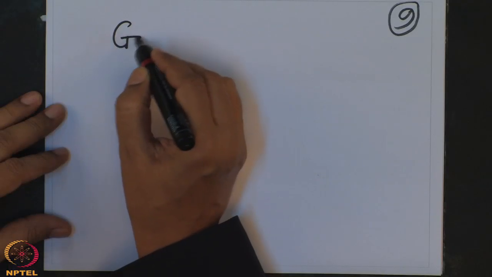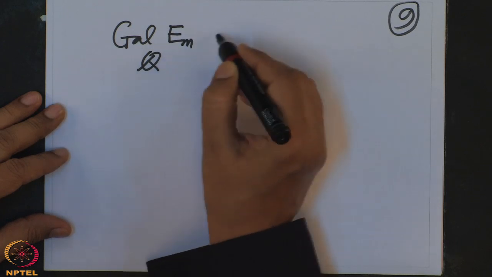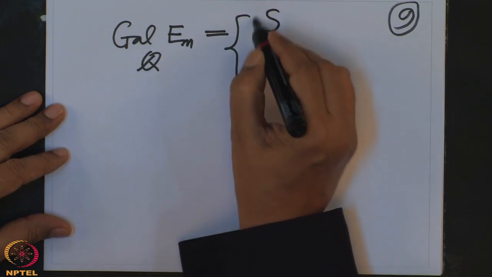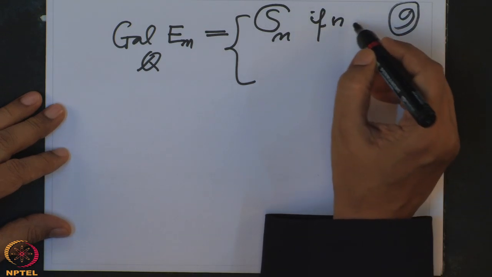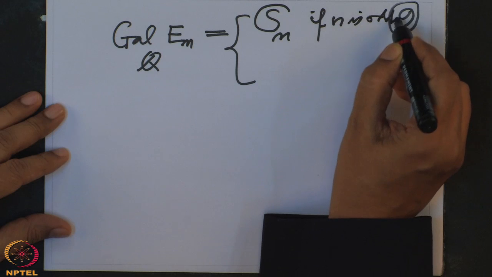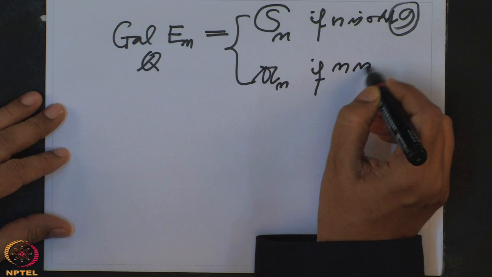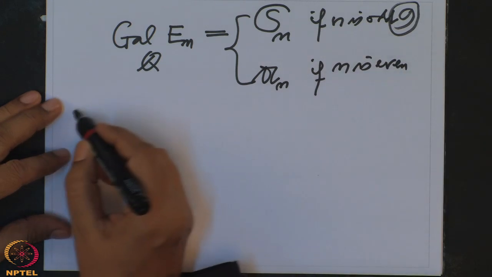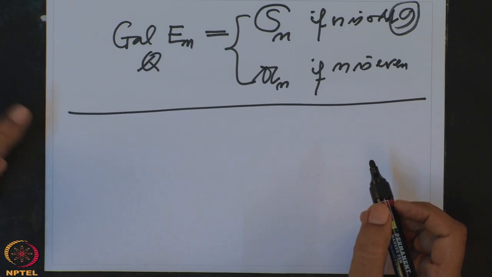Alright. So, now the result. Schur has computed the Galois group and says the Galois group of En over Q is Sn if n is odd and An if n is even. And this requires quite a bit of a proof, so I will not indicate the proof here. And once you do this, then you can do many more examples where the Galois group is Sn or An.